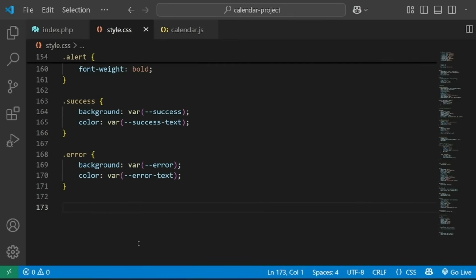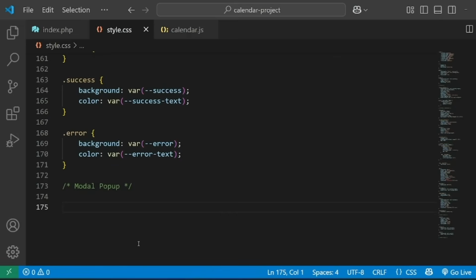Okay, now let's move on to the modal pop-up. So the modal pop-up is the modal that will be shown when we click on the edit or add button. So when we click on the add or edit button, it will pop up a modal window, and